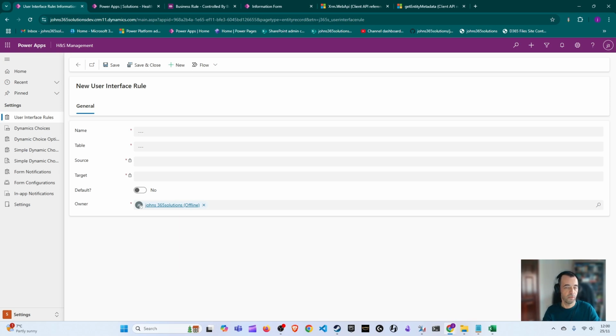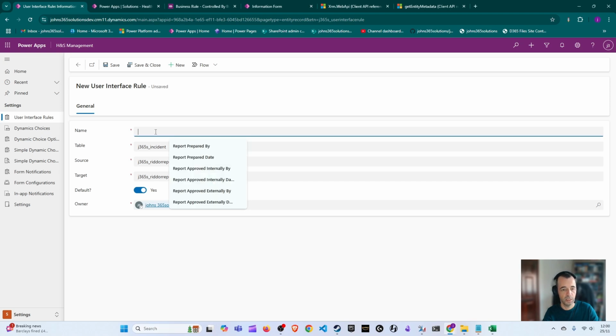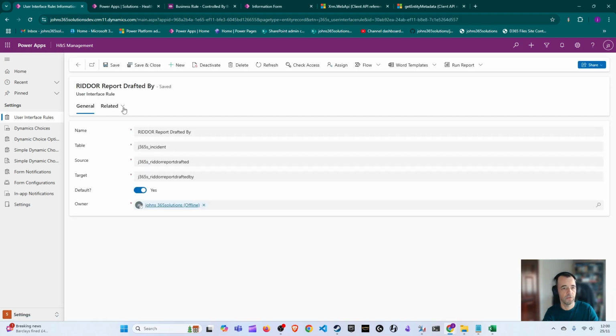So fair warning, this is a bit cut and pasty, but I have to show how this functionality can be implemented. To start with, I'm going to get the table name from the query string and pop that in. That's a valid table, and now I can cut and paste my column names in. So start with the report drafted yes/no, and then the report drafted date. Sorry, the user lookup first of all, and we'll default that. And then I'm just going to use the user lookup's label as the name, save,